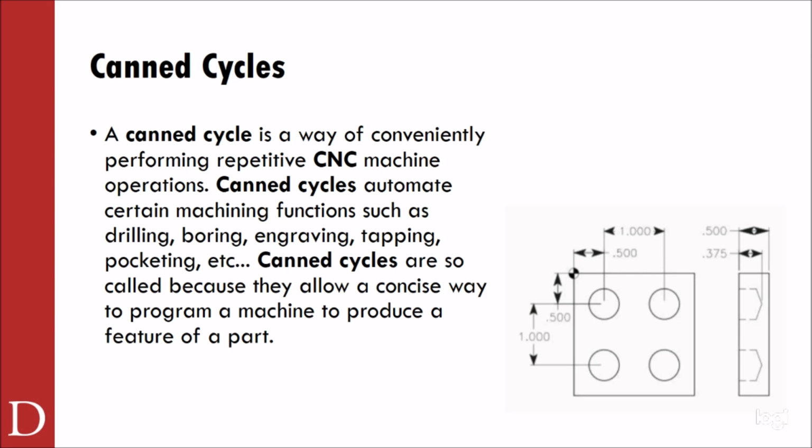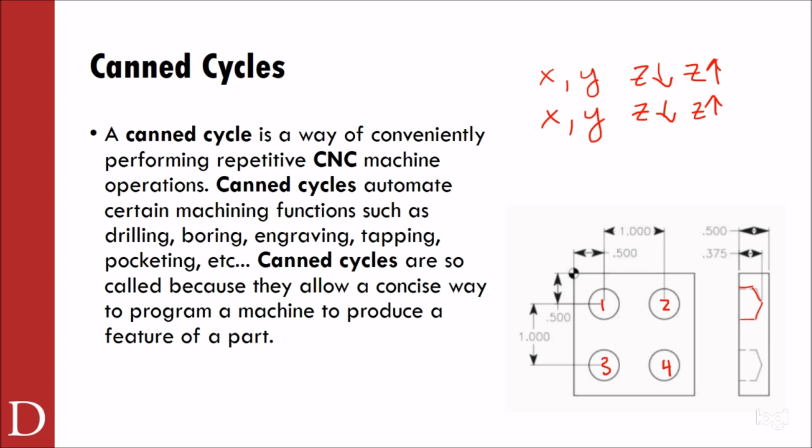So as an example here, you'll see I have some holes here, 1, 2, 3, and 4. All 4 of those holes are the exact same diameter. All 4 of those holes are the exact same depth. You can actually see the depth here as well, right? So rather than having to go to each X, Y, and then go down in Z and then back up in Z, and then another X and a Y and down in Z and back up in Z, what a CanCycle does, like a drilling CanCycle,